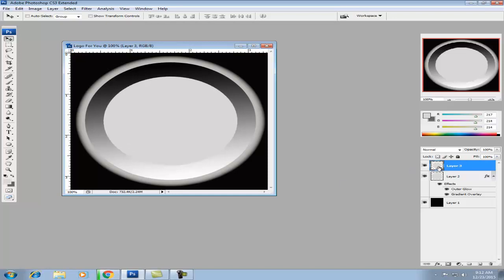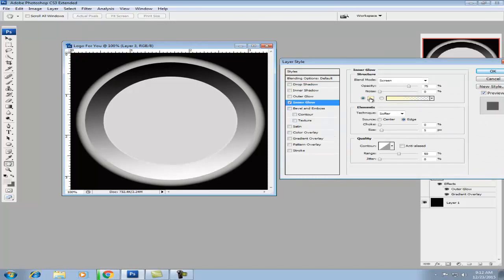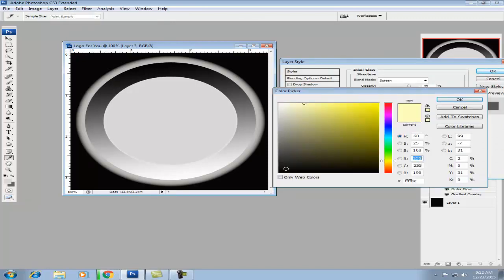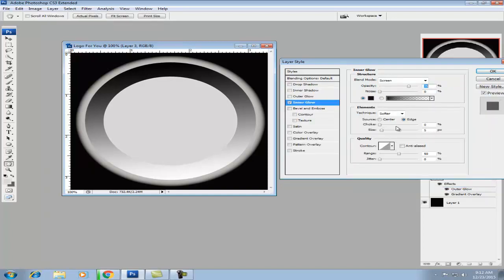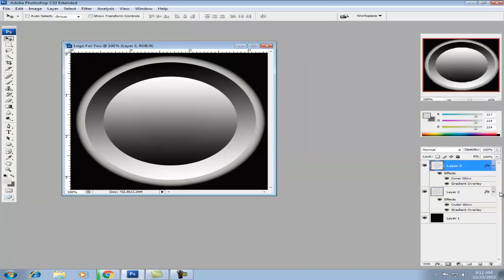Okay. Gonna need to put in a glow. Should be black. Okay, remember, black. Then change the gradient overlay and change the angle a little bit. I think this will be better. Okay, so we're gonna put okay.